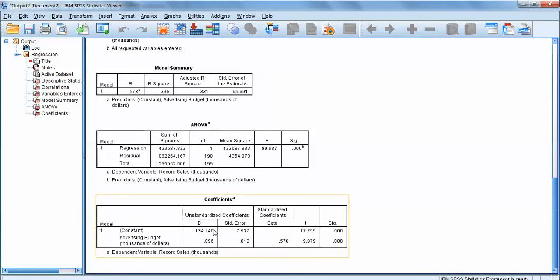The last box here gives us the coefficients of the different variables or parameters in our model. So this is what we're going to use for a couple of things. One, we can use this information to build the equation for the line that represents this model. So we do that with the unstandardized coefficients over here. So the first row where it says constant, the unstandardized coefficient, or the b value associated with the constant,